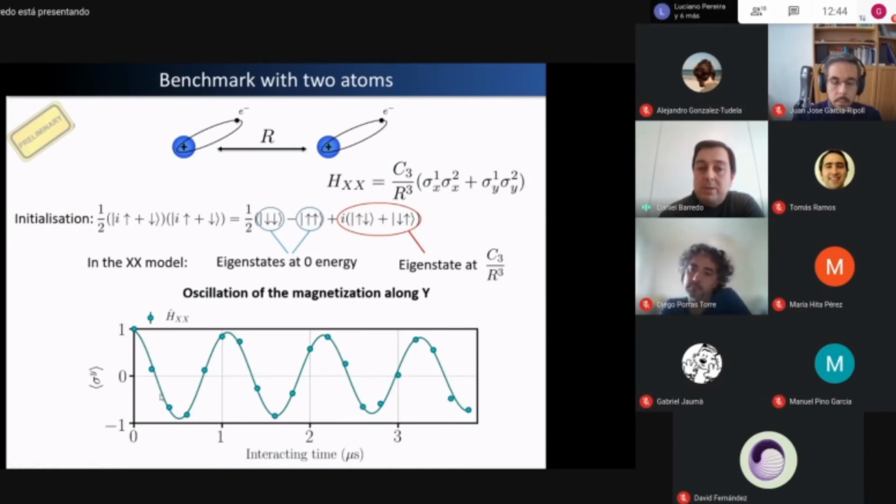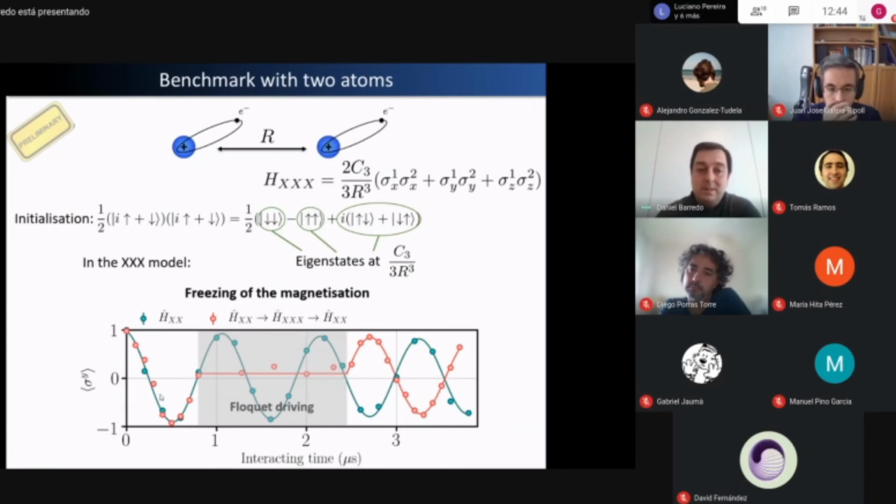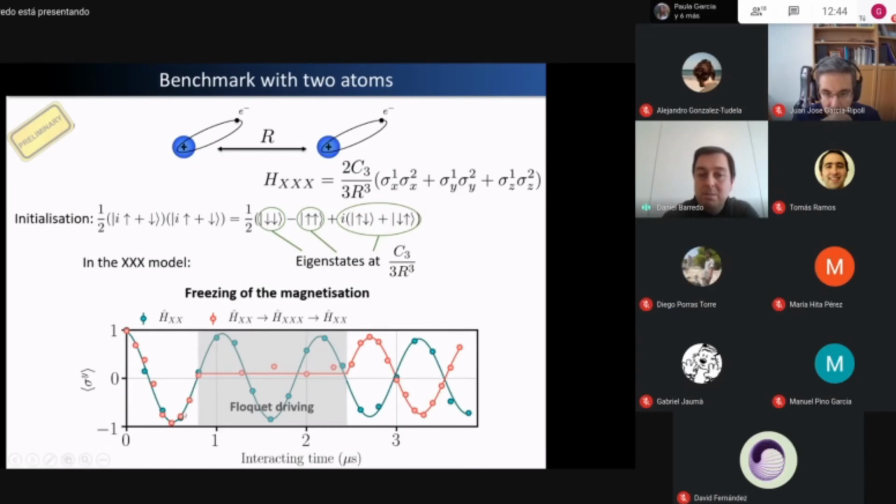Now, just to demonstrate how it works, you can let the system evolve for some time, as we did there, in which case the red points basically coincide with the previous experiment. And now in this gray region here, what we do is apply this coherent periodic drive. And what you are expecting to see in this case, if you prepare the xsx, is that